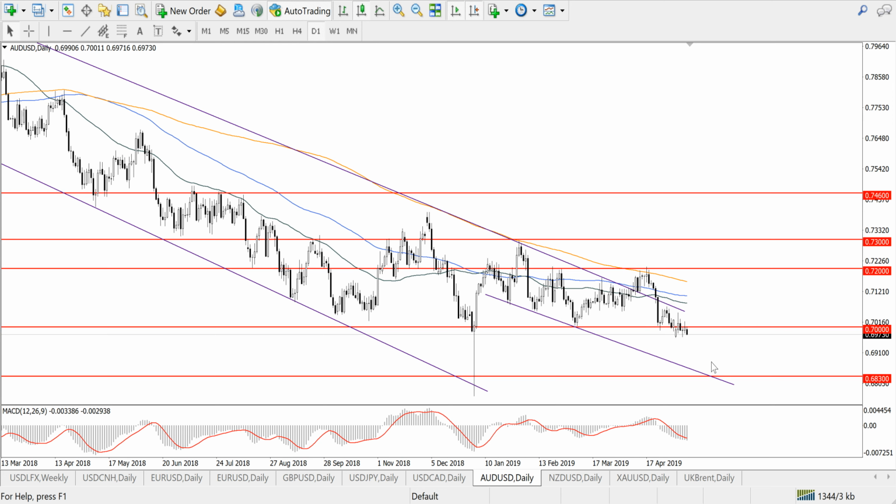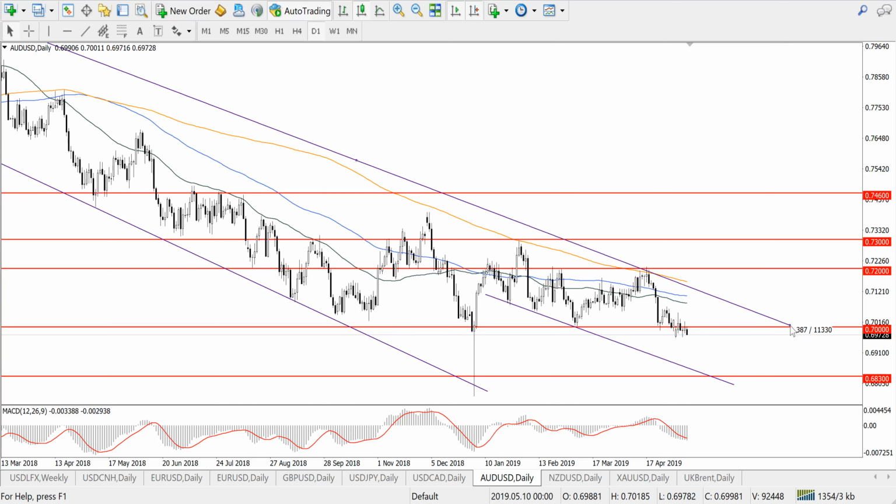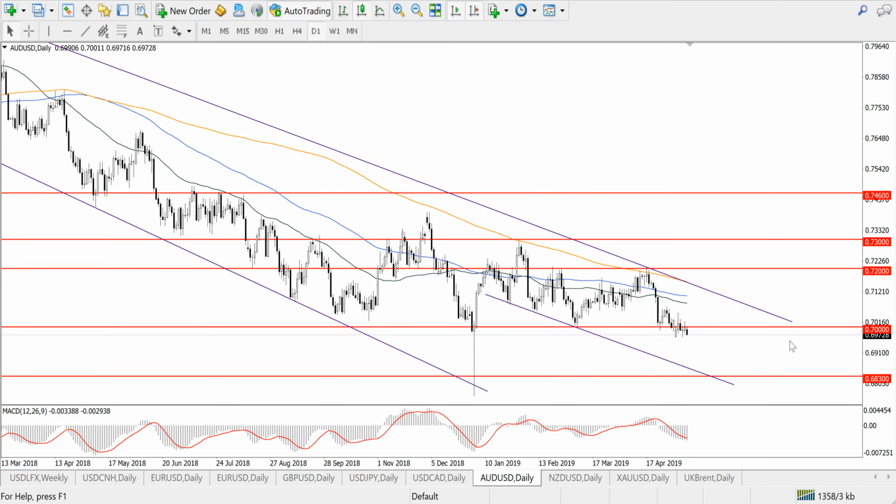Australian dollar traded around 0.70 level. The trade tensions between the United States and China are hurting the pair, and we can see that current price action is below the level. We are targeting areas around 0.69 and 0.6830. Although the Reserve Bank of Australia didn't cut interest rates at its meeting, still there is the lack of